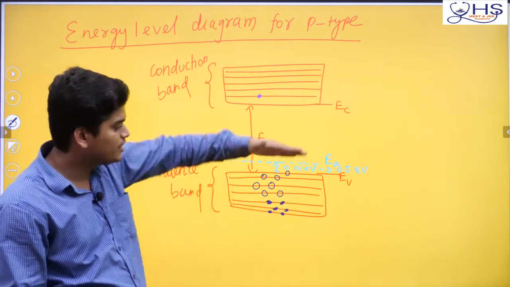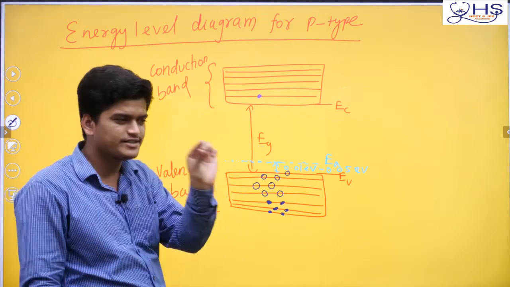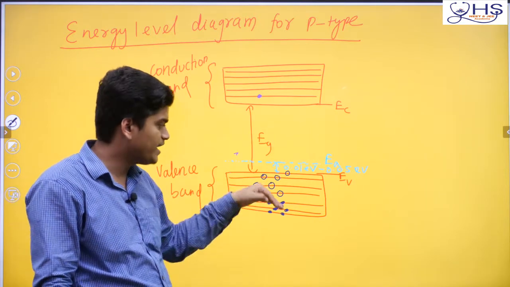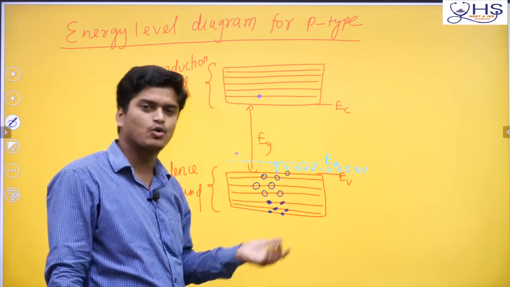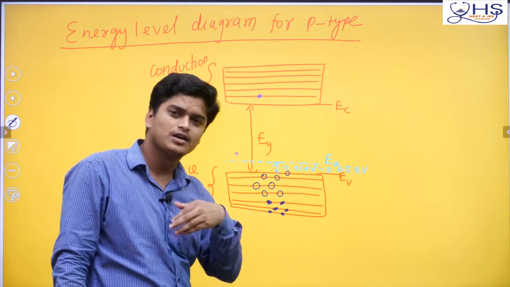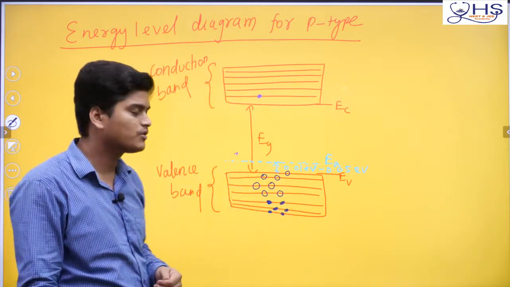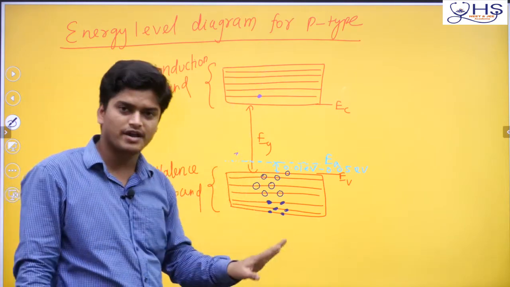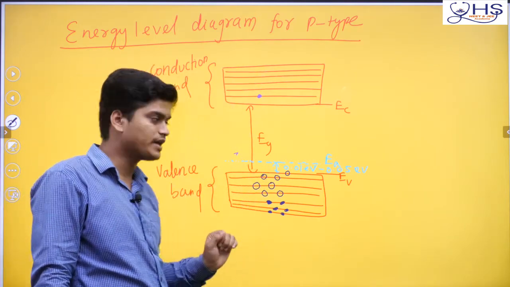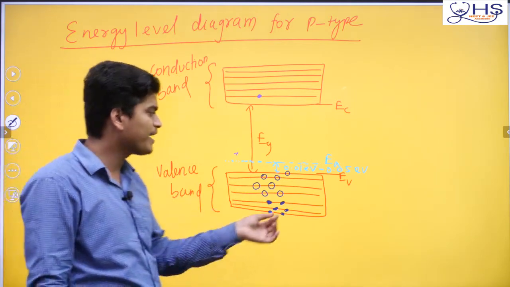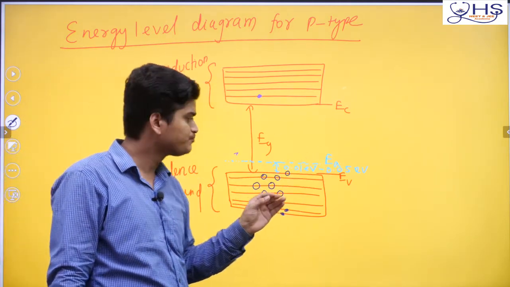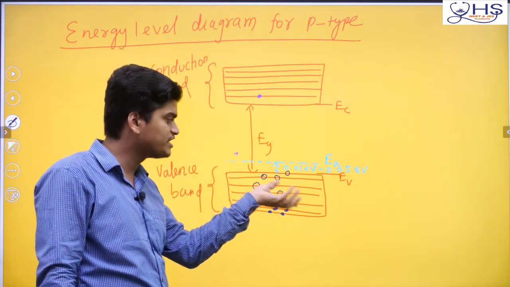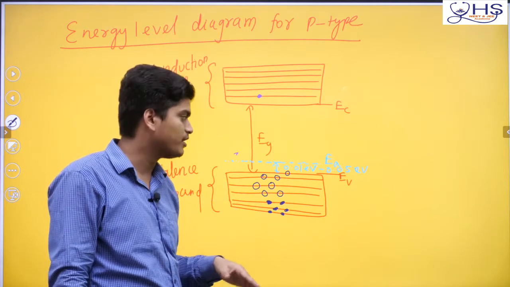Now here another energy level is coming, with the least energy. This electron can easily transit to this acceptor. If the electron goes, the absence of the electron becomes a hole. These holes help in the conduction of current. That is why we say in P type holes are the majority charge carriers, because there are many more holes compared to the number of electrons. By adding one impurity, one hole is increasing, because the crystal itself gives one electron to that level. Remember it like that.